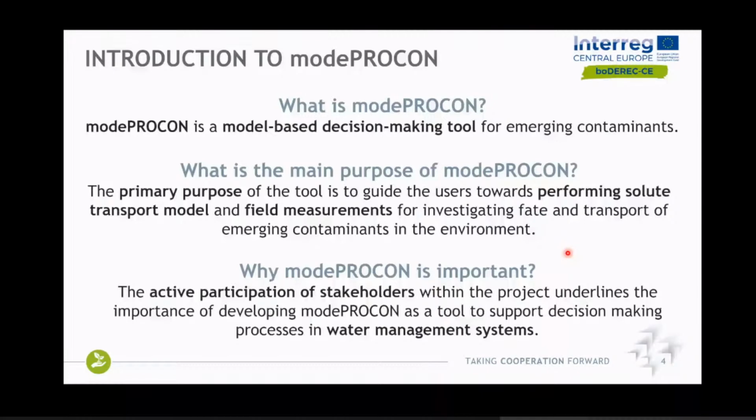Why modePROCON is important or relevant for this project is easy to understand: it is the tool which allows all the stakeholders to participate in the project very directly. For example, by using the tool, they can facilitate the technology of modePROCON and implement it in their study areas or working areas, and so improve the water condition or environmental condition in general. And not only after the development of modePROCON, but the opinions and feedback of stakeholders of this project were always taken seriously throughout the development process as well.